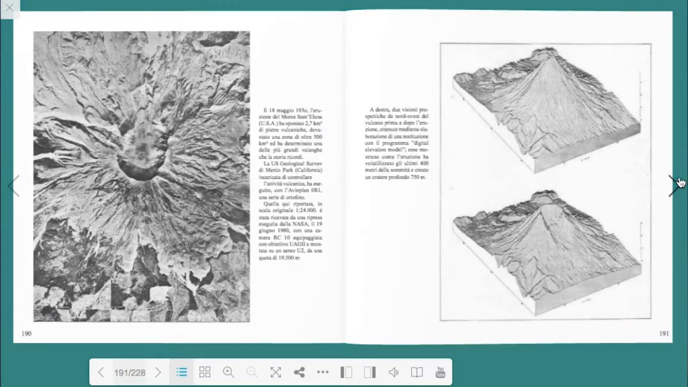On the 18th of May 193, the eruption of Monte Santina, USA, displaced 2.7 kilometers raised to the power of 3 of volcanic stones, devastated an area of over 500 kilometers raised to the power of 2 and determined one of the largest avalanches that history remembers. The U.S. Geological Survey of Menlo Park, California, in charge of checking volcanic activity, performed a series of orthophotos with the aviaplane 0R1. The one shown here, in original scale 1,